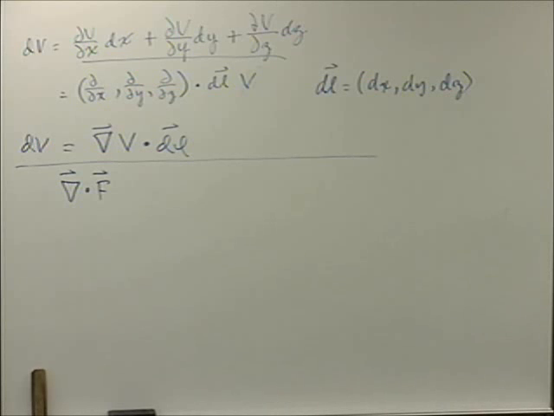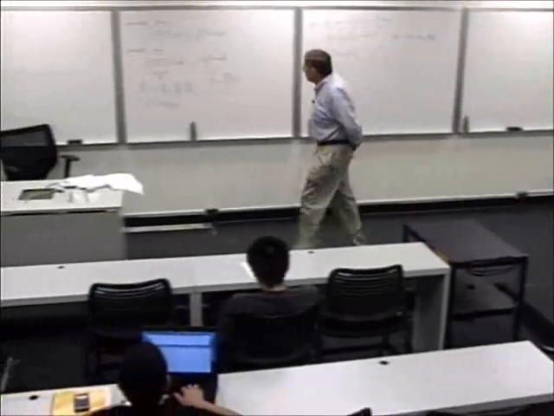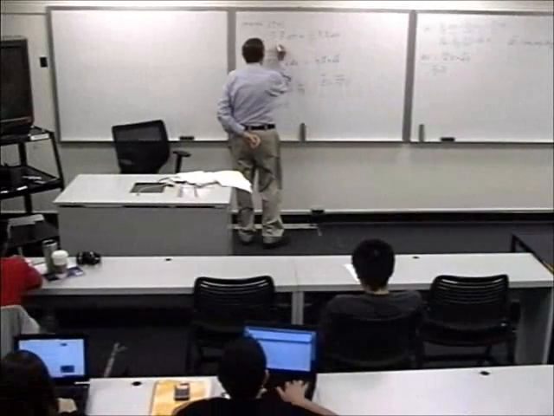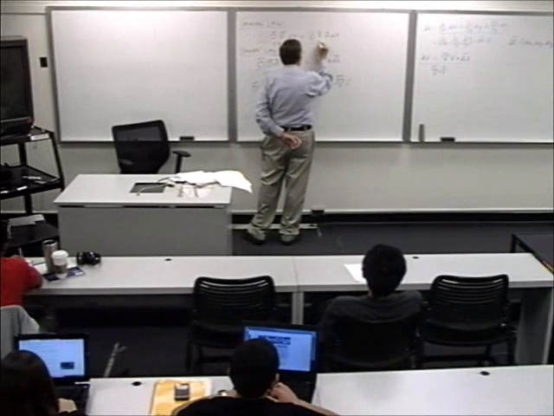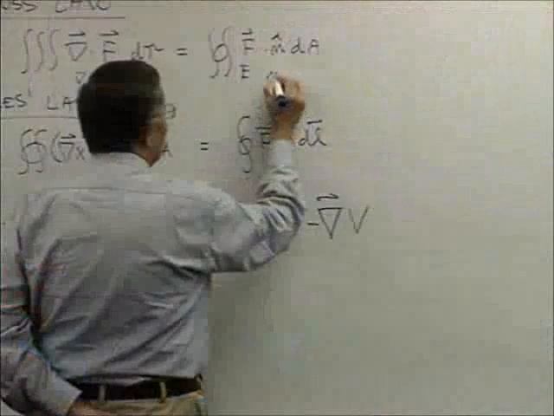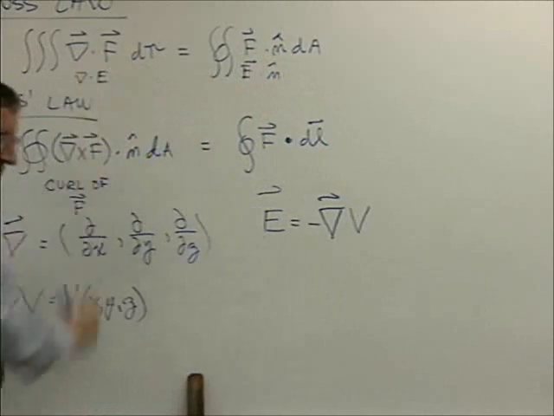What's del dot E measure in the E field sense? If you had E field here, and this were del dot E, and this were E dot dA,